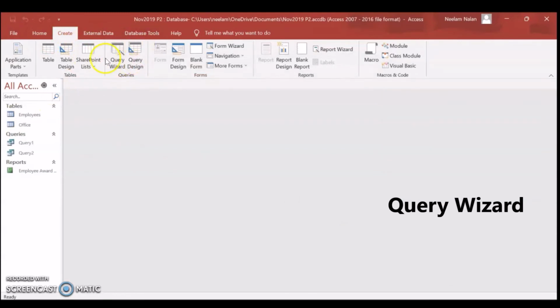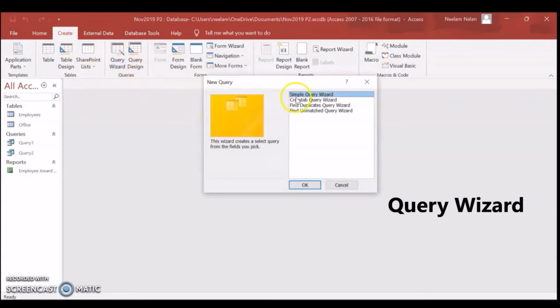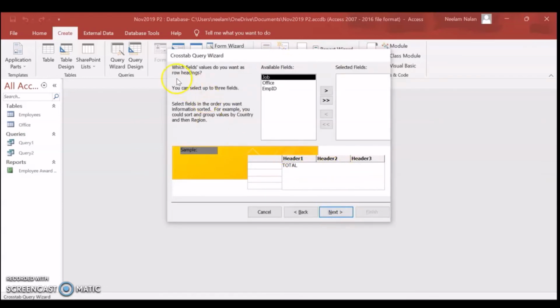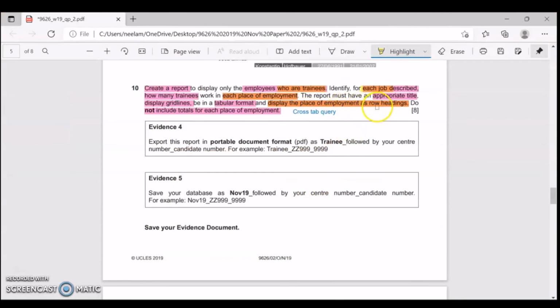Now we have to make a cross-tab query, so we'll go for query wizard and we'll take the second option, cross-tab query wizard. We are making this query on a query, so we'll take the query to here, and which field we want as a row heading, which is given in the question. We want place of employment as a row heading, so we'll take office.